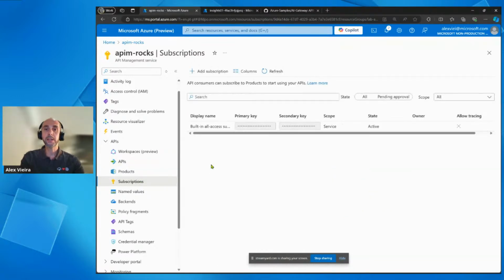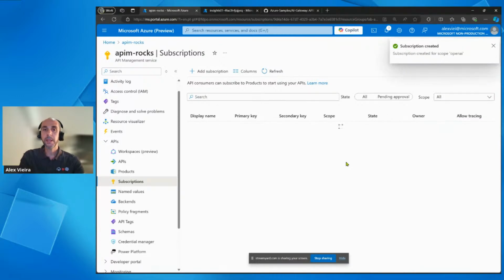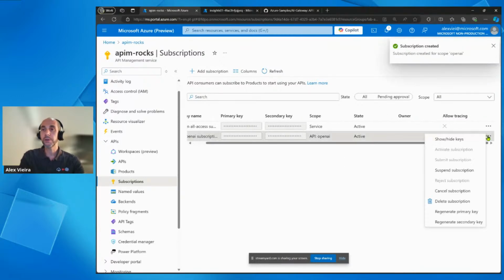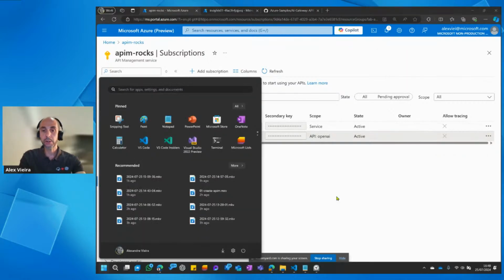But before that, I should create a subscription. So I have two mechanisms to create a subscription. I can create a subscription here directly for my app X, or I can use the developer portal that we just mentioned before to have a self-service experience for the subscription. I will just create it here directly, and then I have the subscription, and from here I have the ability to share the keys with the developer so that they start using the API. So I will now switch gears to the